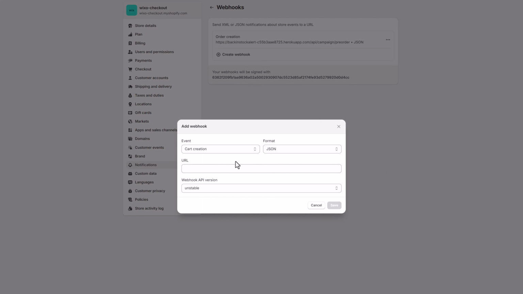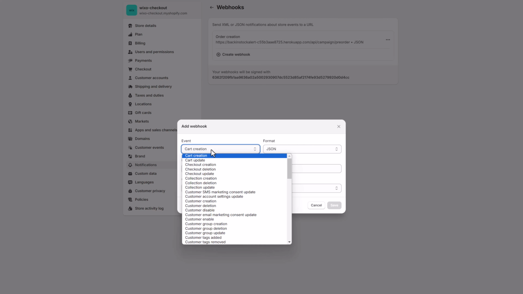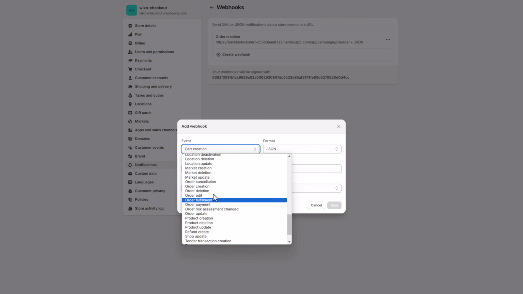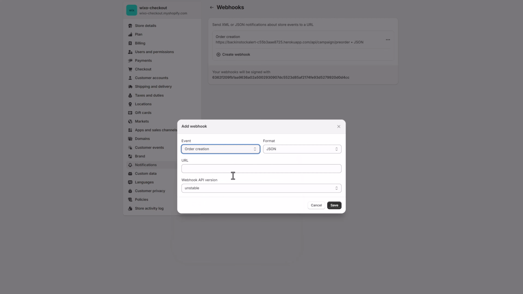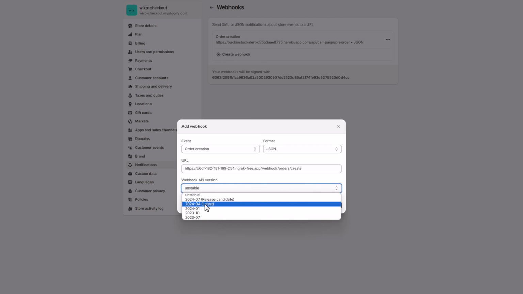From here you can select the event. I will select order creation. Whenever I receive an order, I will be notified at this URL. This is my URL where I will be notified whenever I receive an order, and from here I can select the